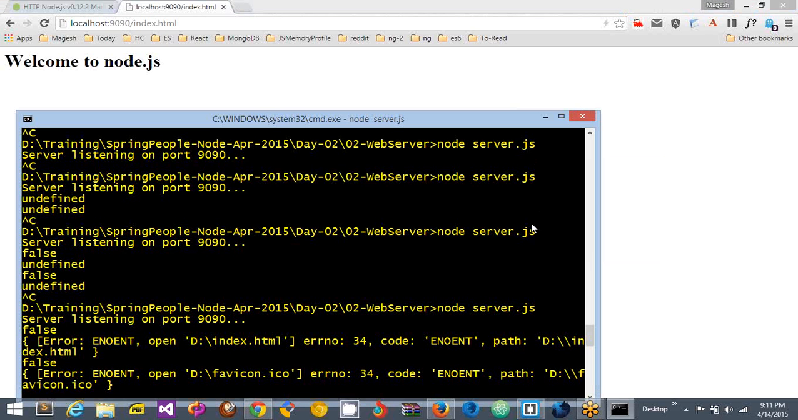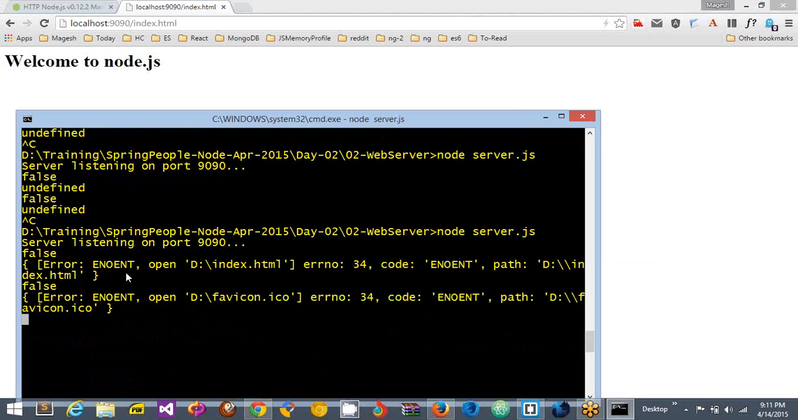You've got this, but it says error open d:\index.html. Do you understand? Error no entry. So error no entry means the file does not exist. There is no file. Look at the path. It is looking at d:\. Why? Because I was running it from the D drive. So that is why